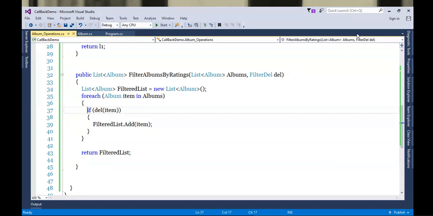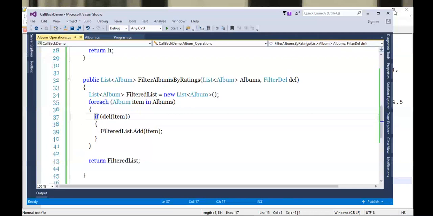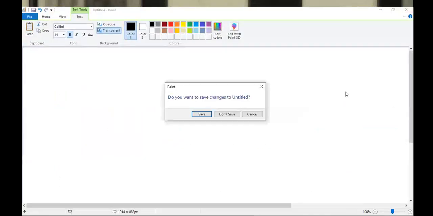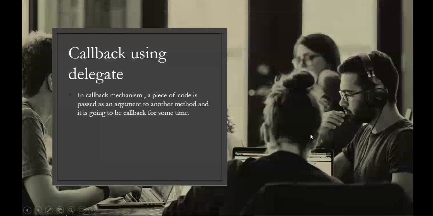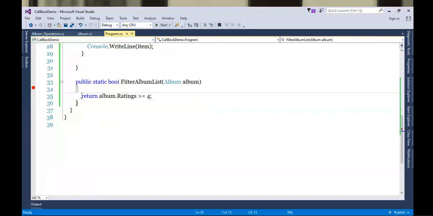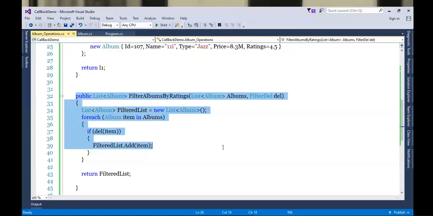So now let's go ahead and introduce some theoretical part here. As we already saw in the callback mechanism, a piece of code is passed as an argument to another method. In our example, this piece of code is passed as an argument to this method.